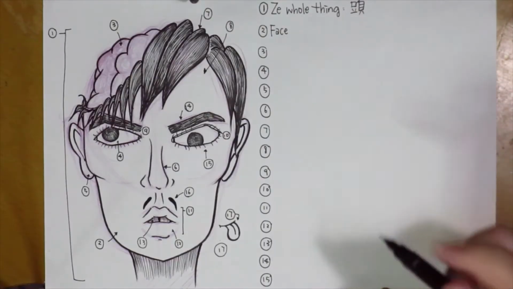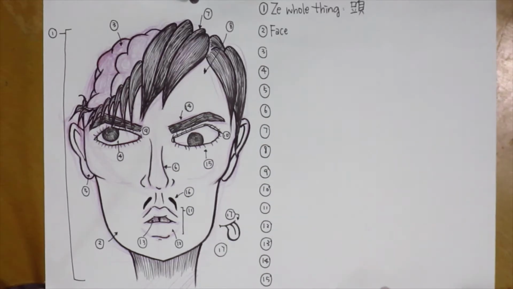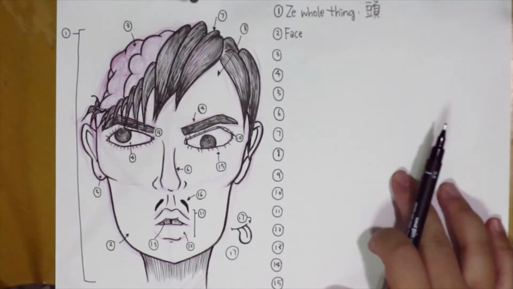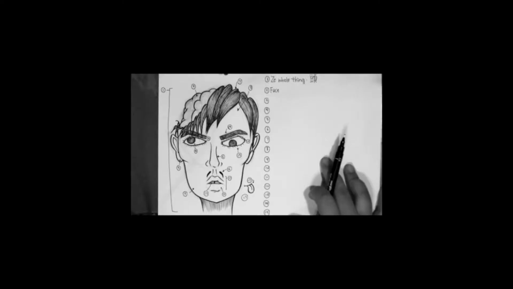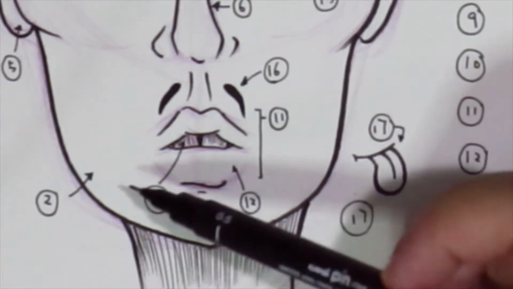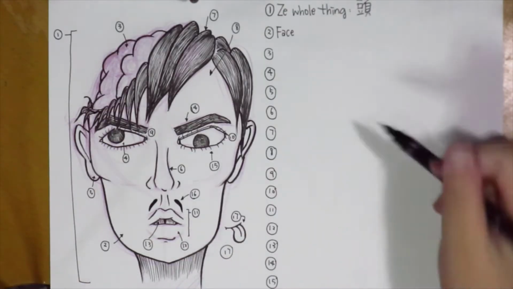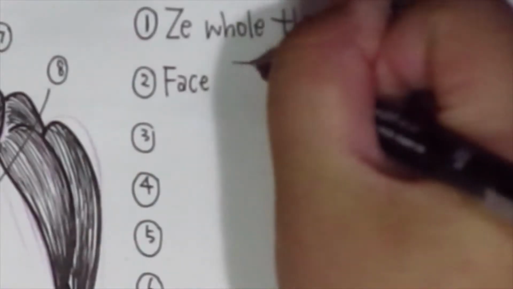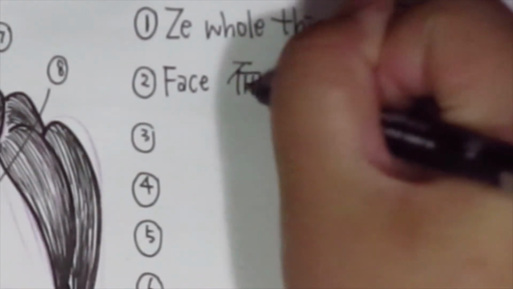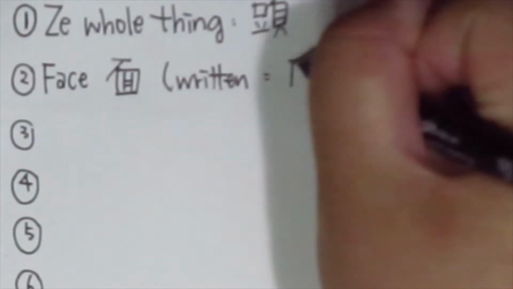The first thing, aka the whole thing, is the head, and the head in Cantonese is tao. Move on to the second item. The second expression is referring to the face, you know, the cheek and stuff. The face is mean in Cantonese, but its written form is kind of different. It's lean,